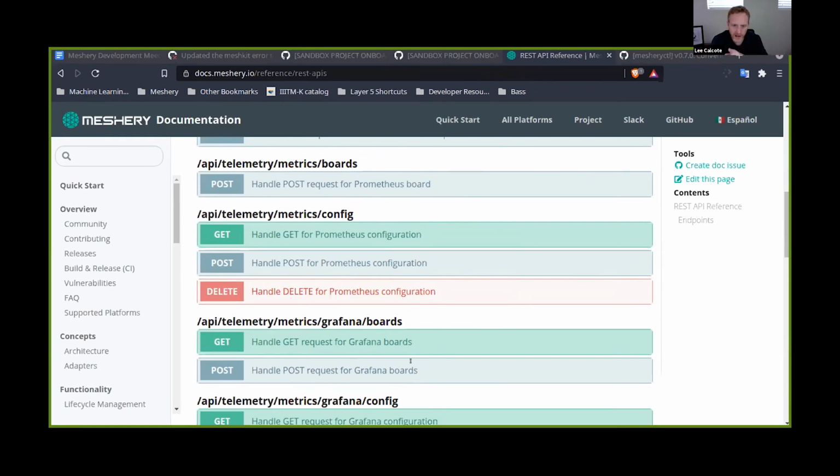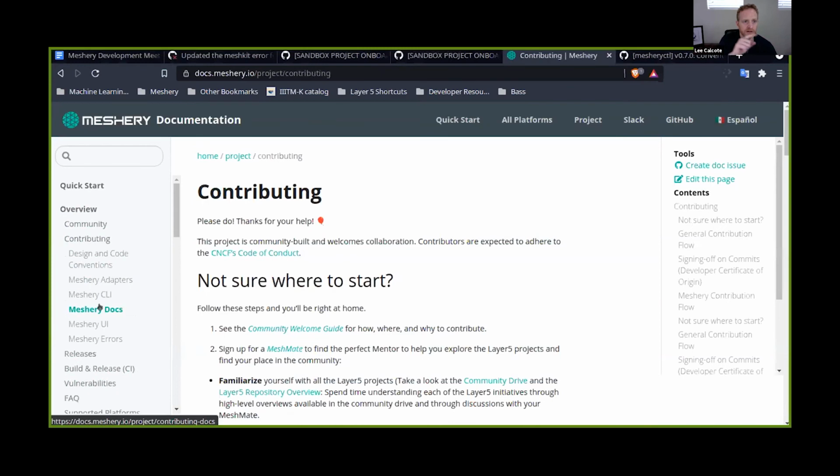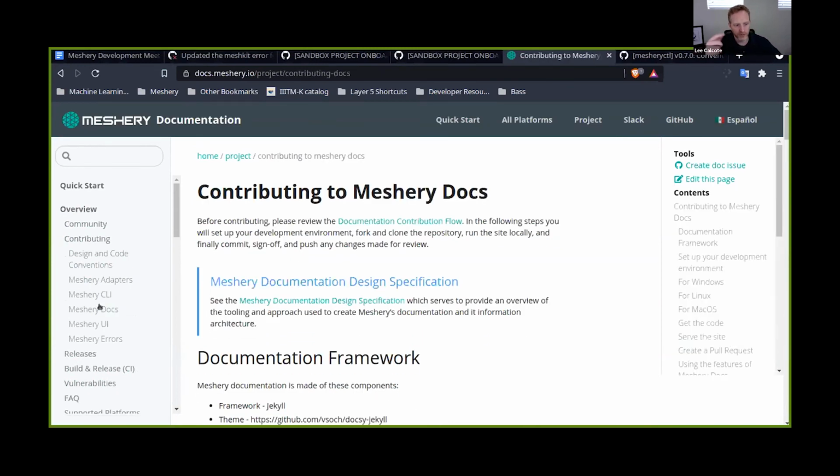And so they're going to click like edit this page, likely. And then, hey, that's going to be wrong because their changes will be overwritten. So somewhere there would ideally be a note on this page saying, hey, wait a second, don't do direct edits. See these instructions for how to do those edits. And that link would probably go back to the page that we were just on, the contributing docs page, that would describe the fact that the API docs are where you